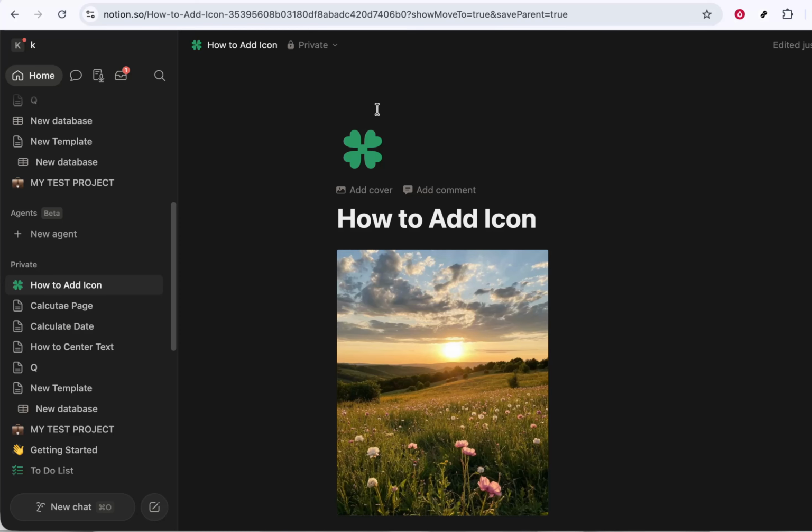Open your page, click Add Icon above the title, and choose or change the icon to match your content. With just that simple action, your workspace will start to look more organized, more visual,